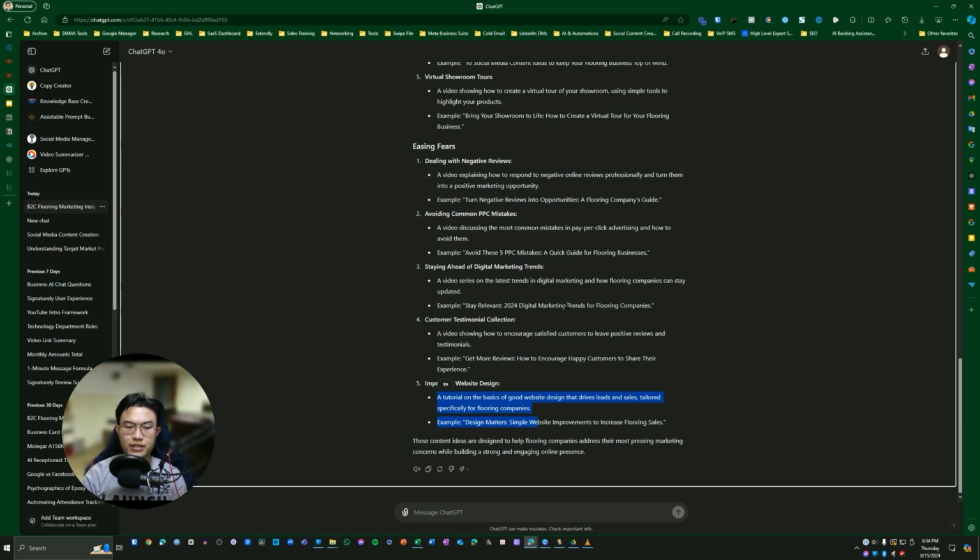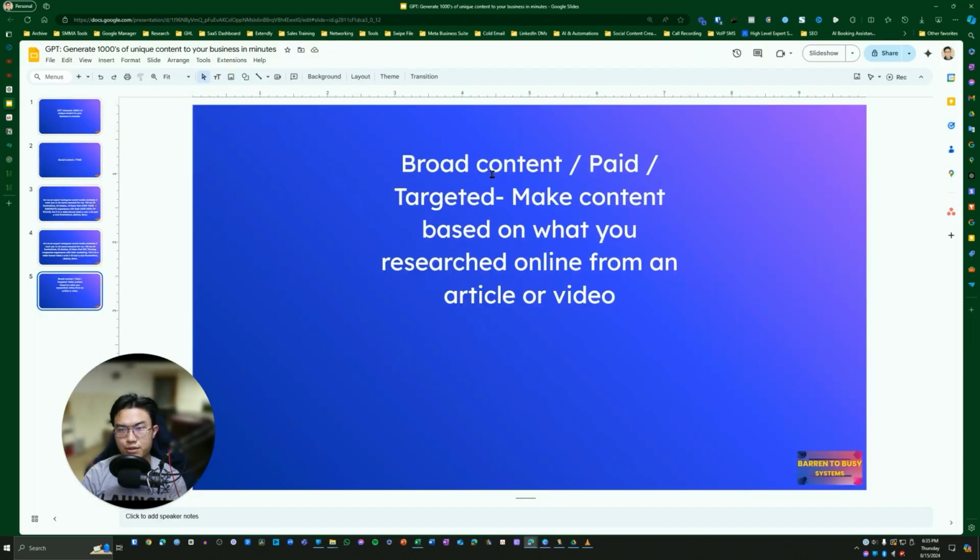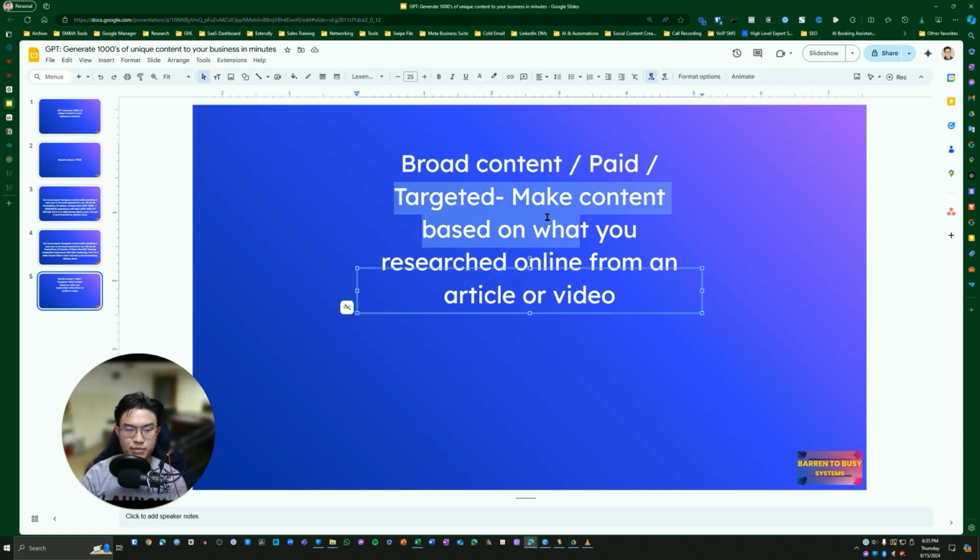You have to use a specific content tool if you want to use that. The next method I will show you still makes broad content. It is a paid free-ish method. You use Perplexity. It's more targeted because you're using specific web articles to base your research information on from online articles or videos, so it can be more targeted, more specific, and more tactical specific information that you can use